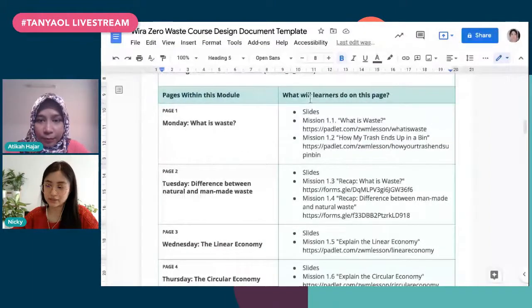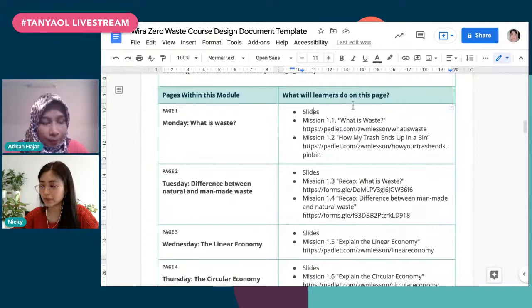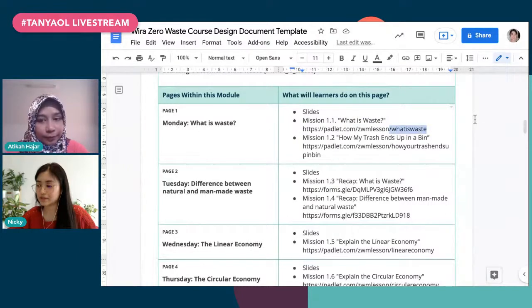I knew that I wanted to include the slides that we had created, but I also wanted to convert the daily missions into OpenLearning activities. So I just made notes for myself here with a link to the original activity, to figure out how to turn that into an OpenLearning activity.